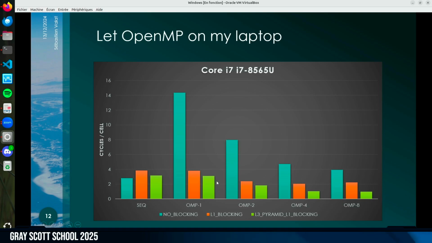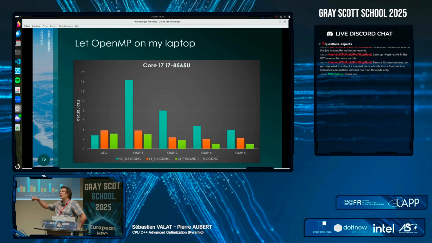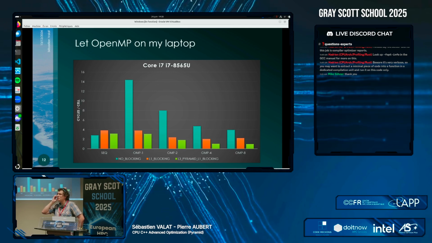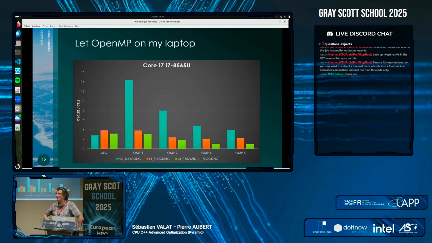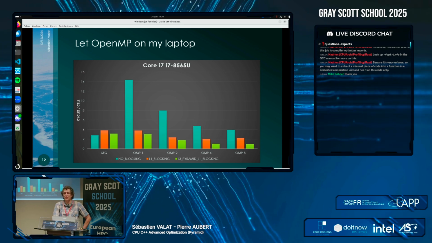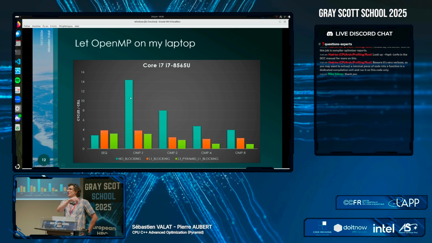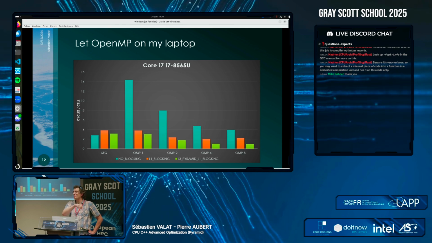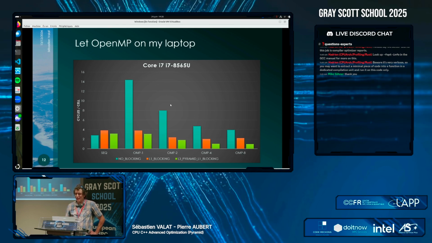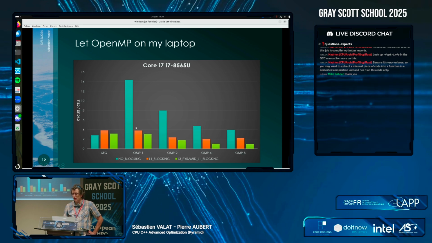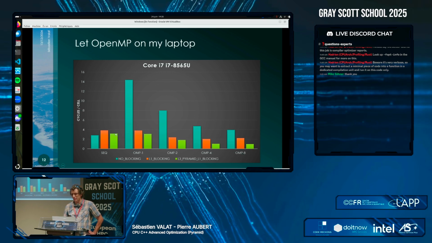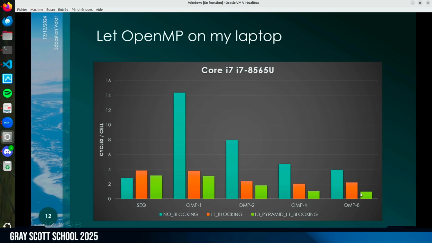So what I'm doing is running sequential. Always check with sequential, because at the beginning I was running OpenMP with 8 cores and I win a bit, but not too much. Why? If you run OpenMP in sequential and you see such a big overhead, the OpenMP version is already broken, not just for the parallelism but for the vectorization. The blocking makes me win a bit, because it's in orange here. So I'm a bit faster than the sequential version, and I'm scaling a bit more with the L3 pyramid blocking, because I'm faster than the other versions.